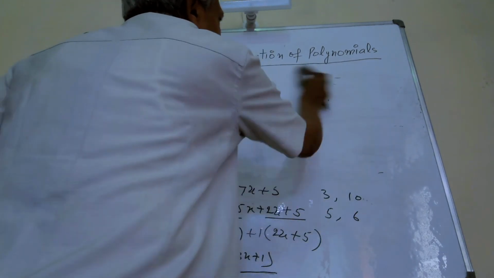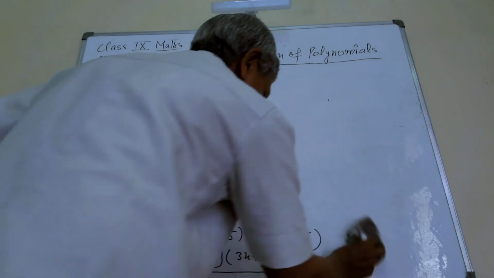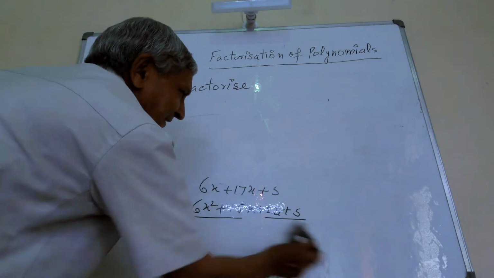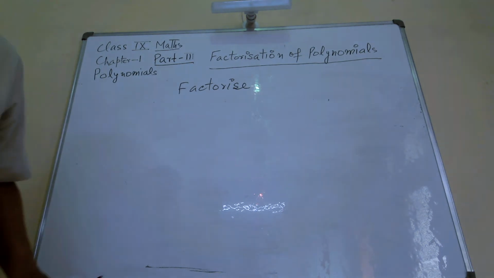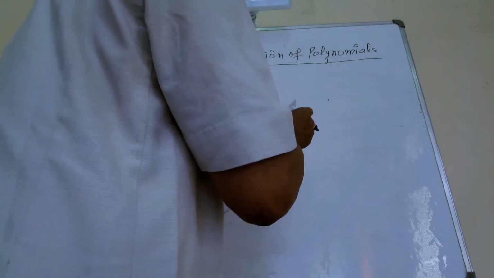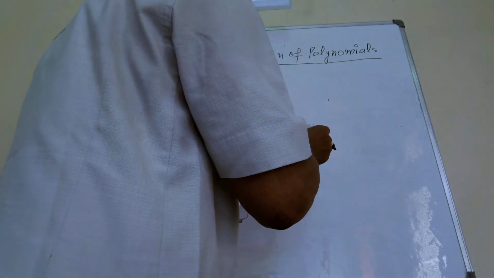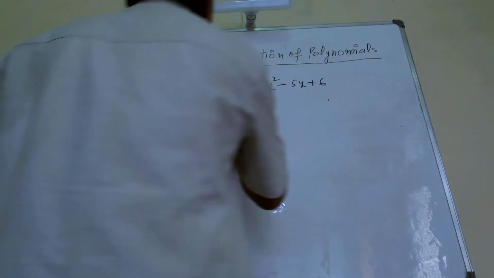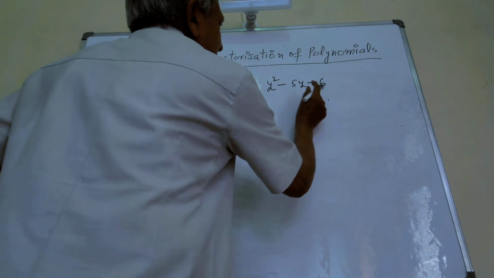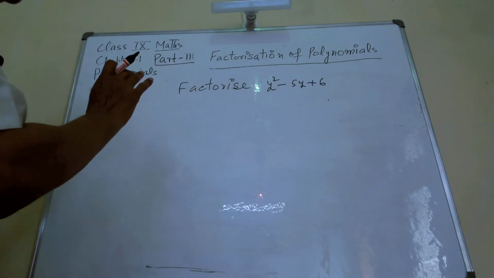This is a very interesting topic. Find out the factors of a polynomial. You will get example 3. Factorize y square minus 5y plus 6 by using the factor theorem. We have to factorize this polynomial by using the factor theorem,